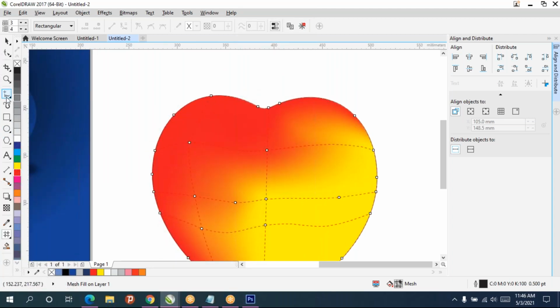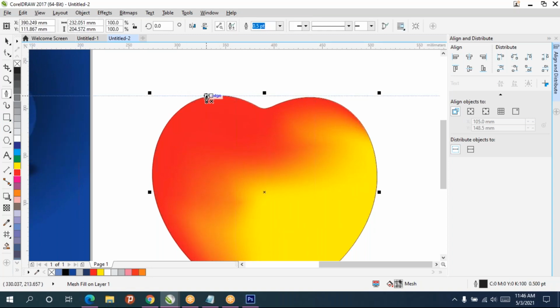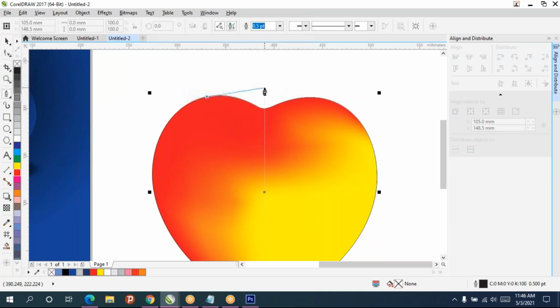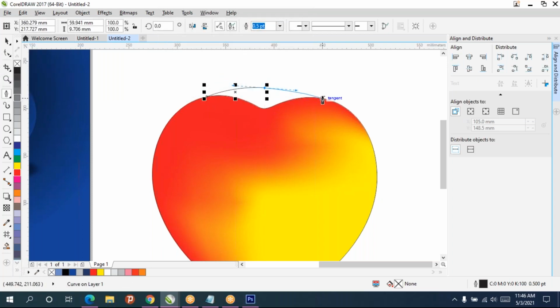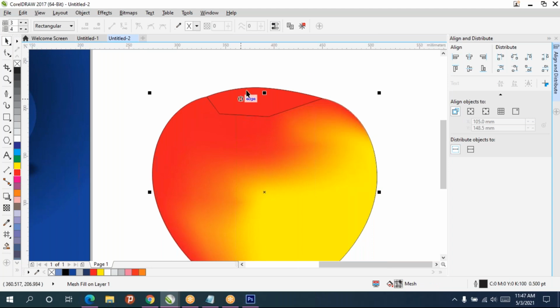So one more shape I'll create by using pen tool. That's it. And this one I'll send backward.